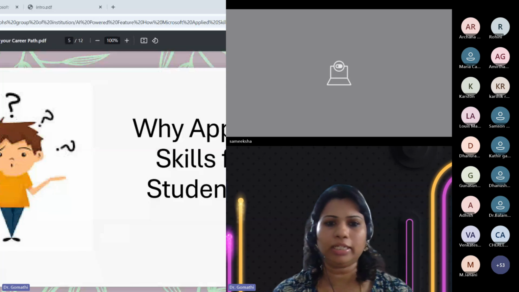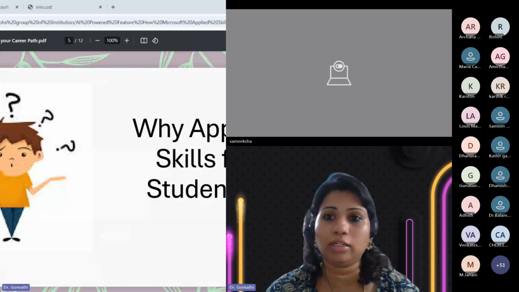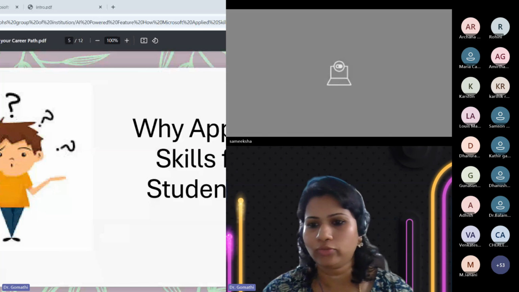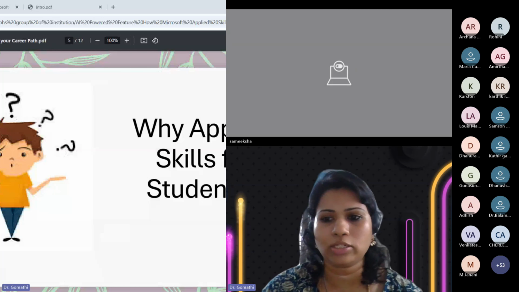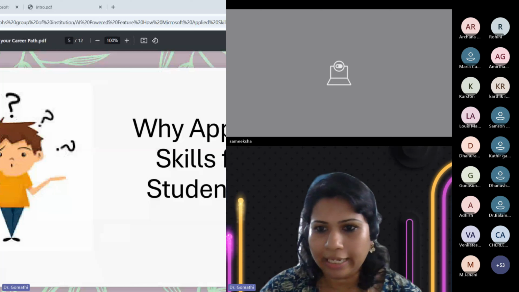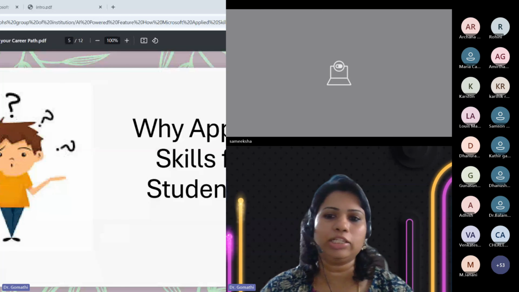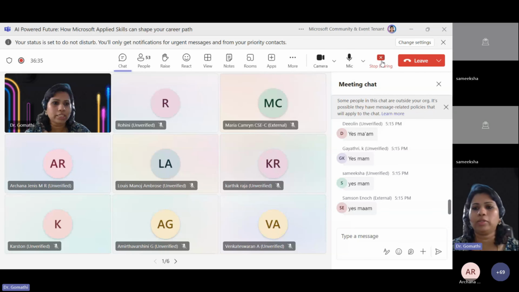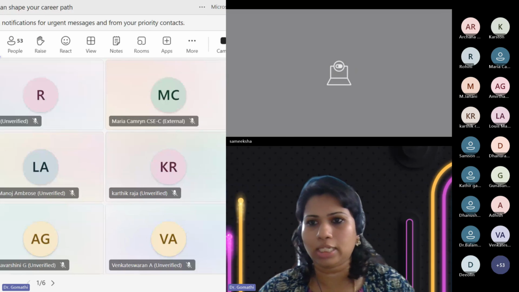Sorry, due to some sudden current issue, it's raining here. I'm in Coimbatore and it's raining here. So that's the reason. Am I audible now? Can anyone please confirm? Yes. Thank you so much and thanks for staying here patiently. I'm just sharing my screen again. Please just bear with me another 10 minutes, okay? Because some electricity glitches are happening. So please just bear with me. I'm just sharing my screen.